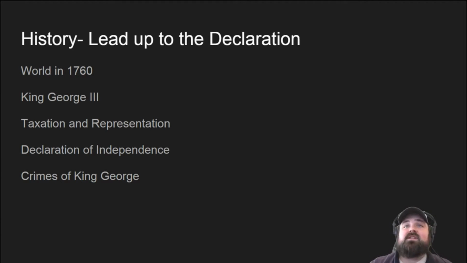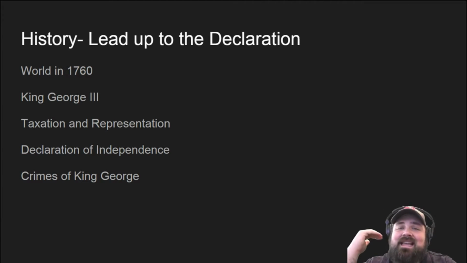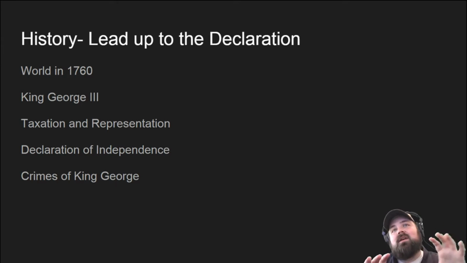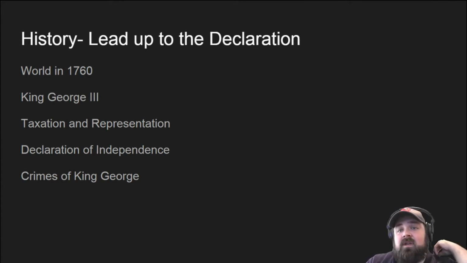There need to be reasons for this, and they need to deliberately tell those that they are leaving why they're doing it. So the Declaration of Independence laid out the case that King George had committed crimes against his own people. The notion is that this would soften the hearts of the British citizens living in London, throughout the rest of the empire, those living on the Great Isles of Great Britain, that they would be able to sway the support of their political leaders against King George.